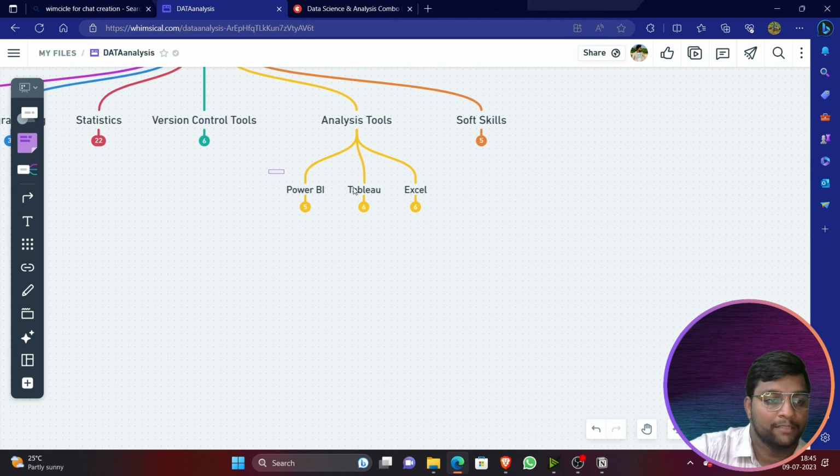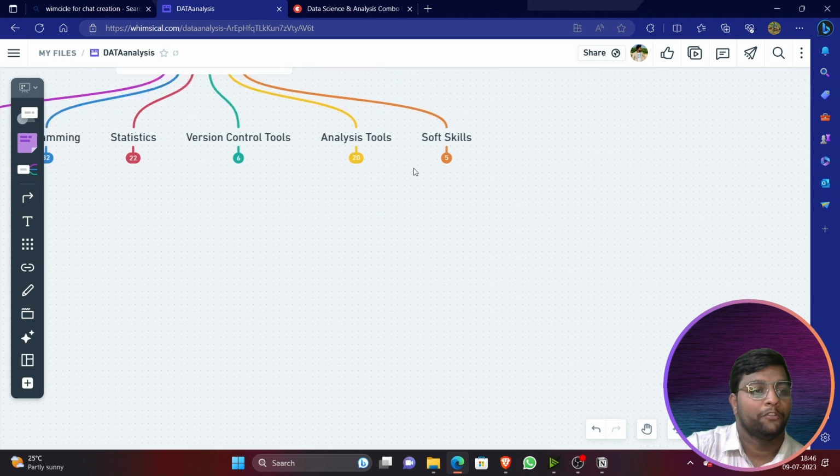So these all are the analysis tools which are recommended. But in this, if you are a fresher, right, I would recommend you all to go with Power BI, because Tableau is paid, and it's not recommended that much to learn Tableau also. But Tableau is good. You can learn about Tableau and you can work with Tableau when you go to the industry. But if you are a student, then Power BI is free from Microsoft. You can learn Power BI.